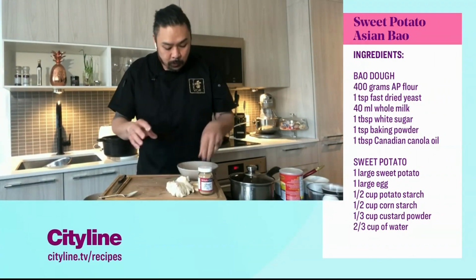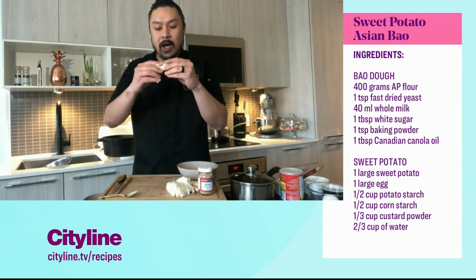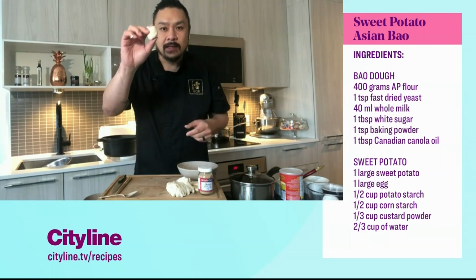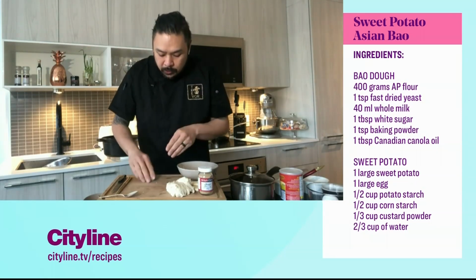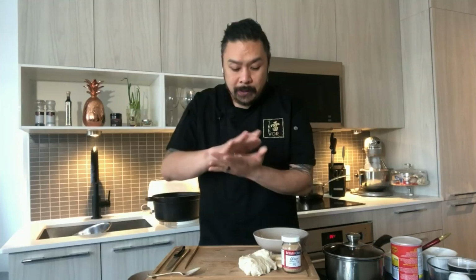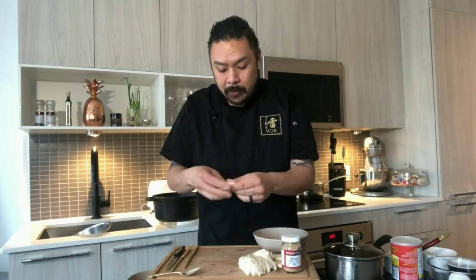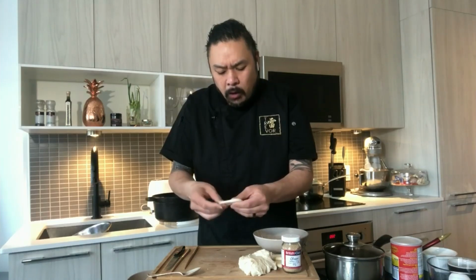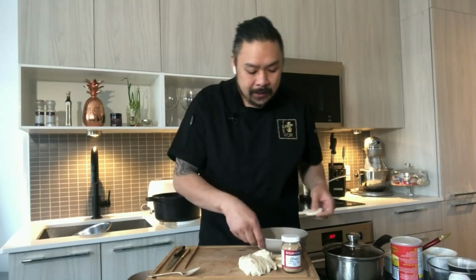So what we've done is from that, we're gonna roll it out into a long strip and cut off little knobs that are about 1.5 inches, just like this. From this, we basically start rolling them, and you can use your hands, you can use a rolling pin if you want. I don't have my big rolling pin, so I even use chopsticks sometimes. But basically you just want to use your hands, and you want to get this into almost like a pancake consistency, but a little bit thicker, about 1/2 inch thick,